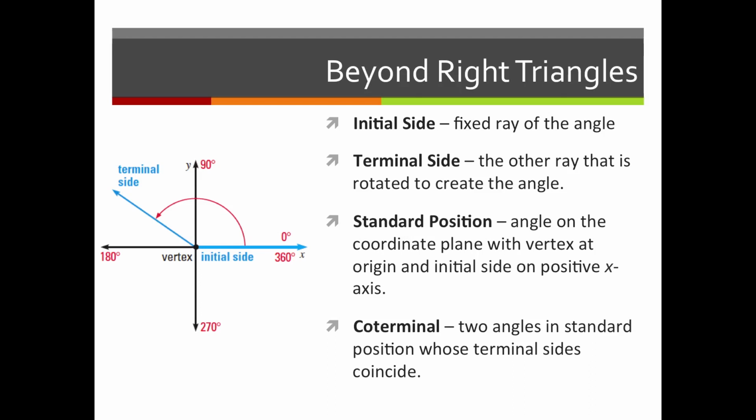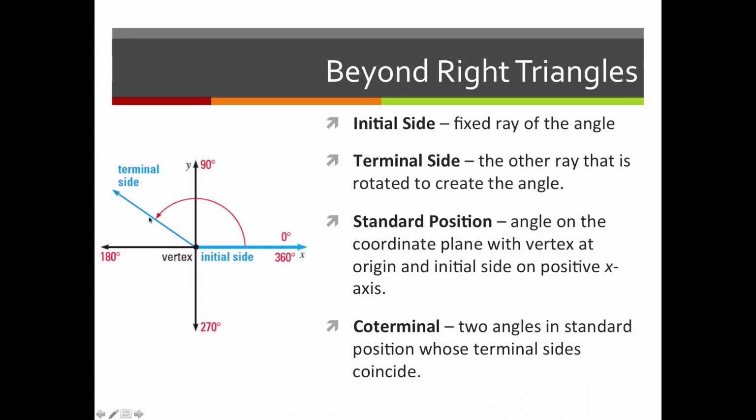So in order to do that, we need to shift our thinking from right triangles to more of a rotational kind of diagram. So that's what you see here at the left. You can see here that we have an axis of a coordinate plane, and our horizontal axis is x, our vertical axis here is y, and you can see here that they have labeled the positive x-axis as the 0. So if you think about a ray that starts here as the positive x-axis, and then another ray that would start rotating from there